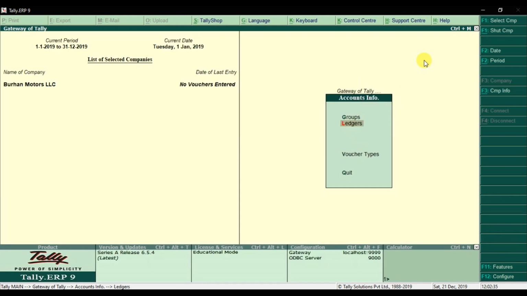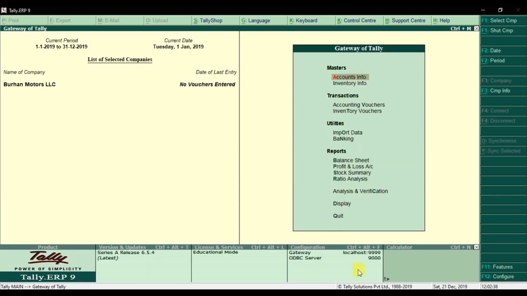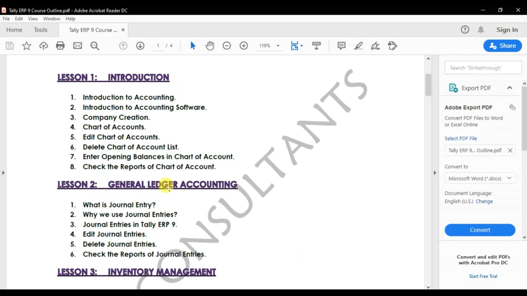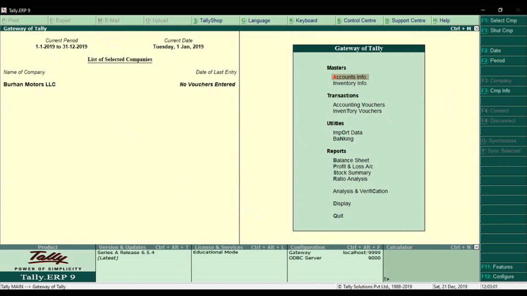Now, that is how we create the ledgers, right? We create the chart of accounts. If you enter something wrong and want to delete it, how can we do that? Or the opening balances we already entered. If you want to delete or add, or change something you entered wrongly, how do we do it? So for example,